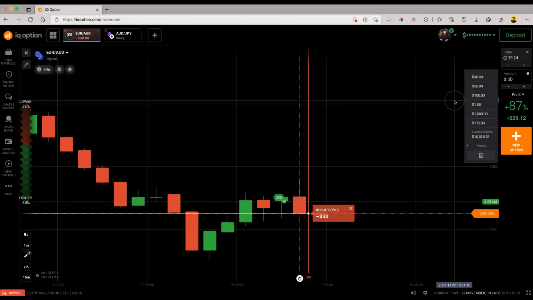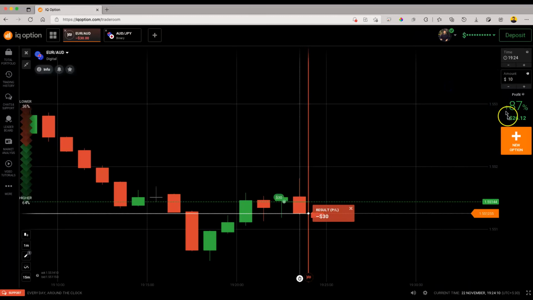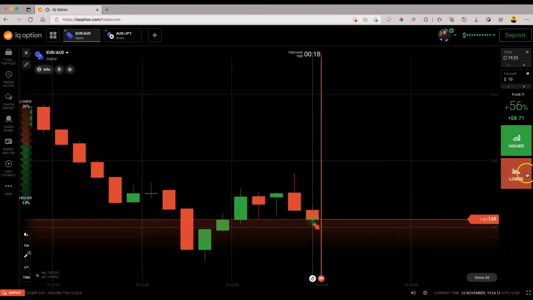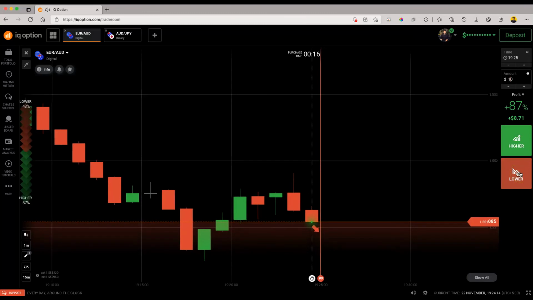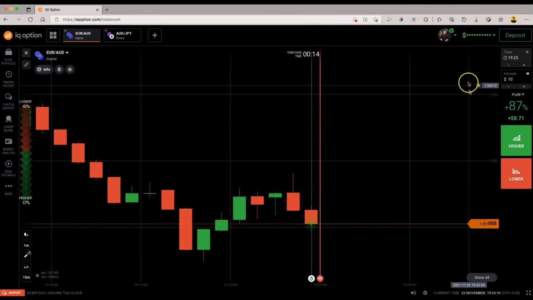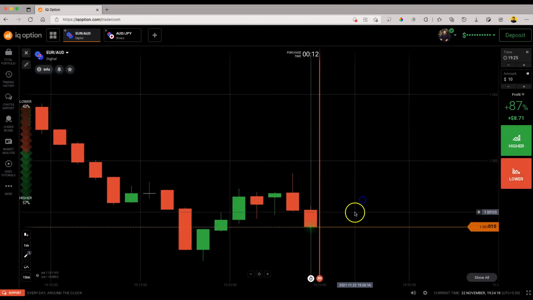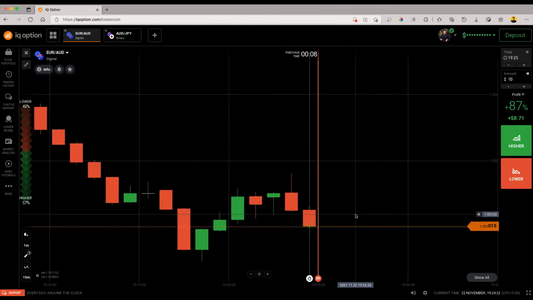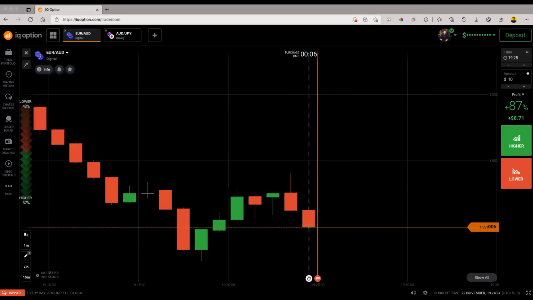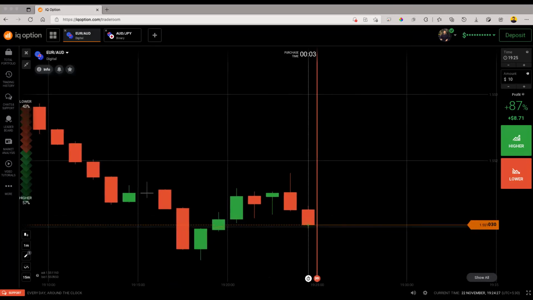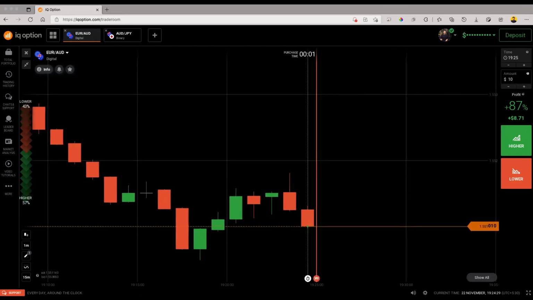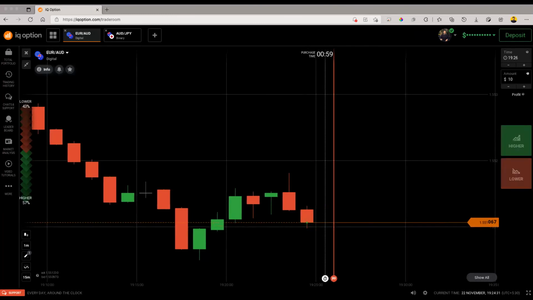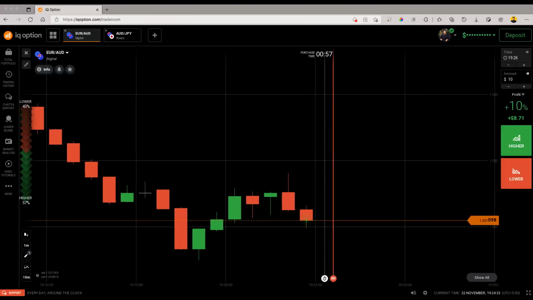Don't get hyper or panic about executing the next trade, or we can say for covering your loss. In the scenario of covering the loss, we make more loss. So always remember, whenever you make a loss, you have to be calm and wait for the next entry. Don't panic about executing the next trade. So let's just wait and watch.